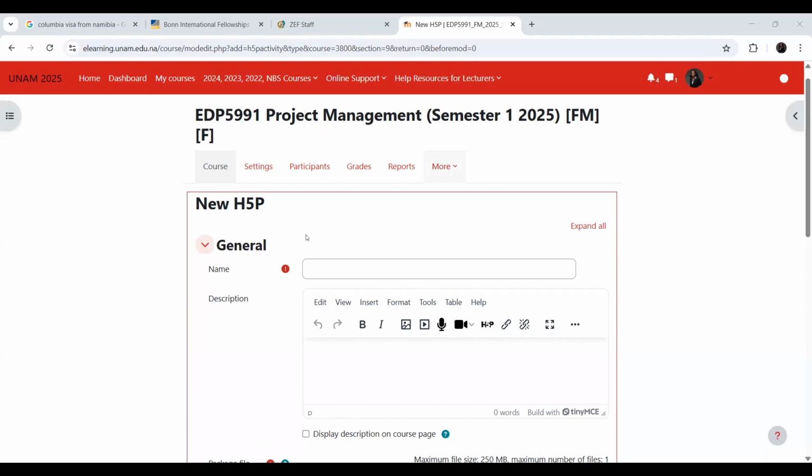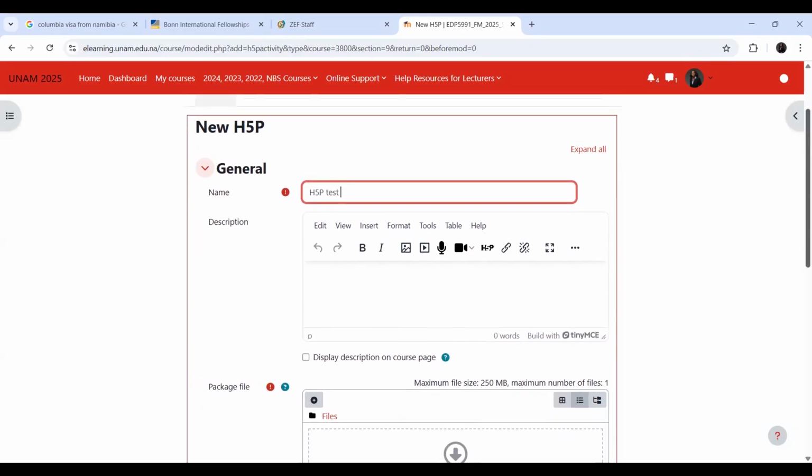Okay, so this is what I create. Now all you need to do here is say test 1 or H5P test. I write test 1 here. Yeah, if you want, or you can say H5P test, okay? Now what's important here is you scroll down, you see here you need to add the